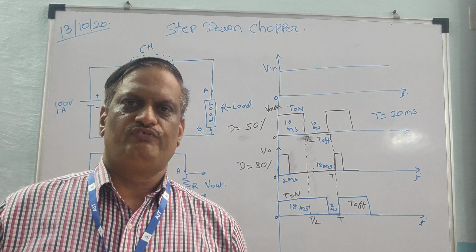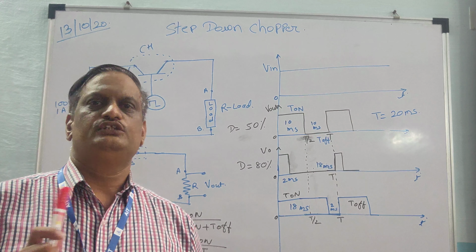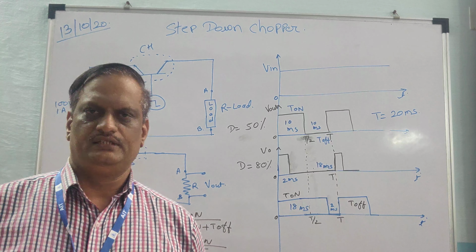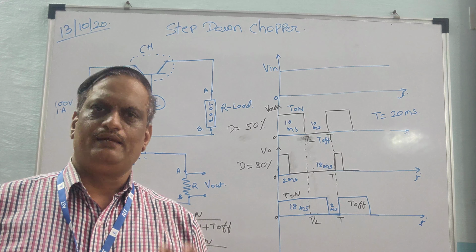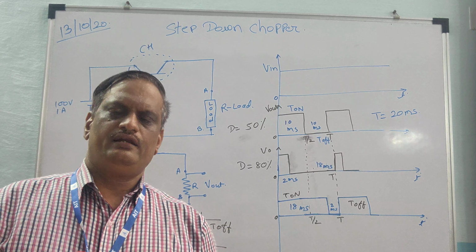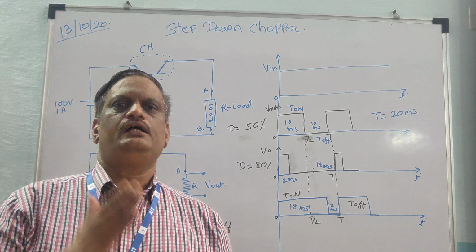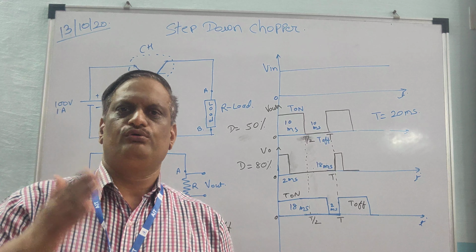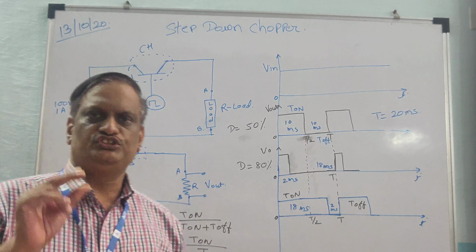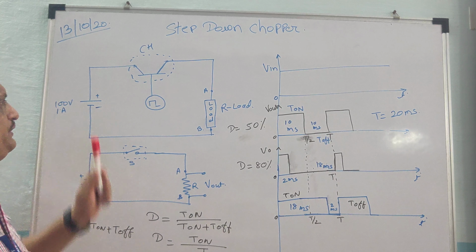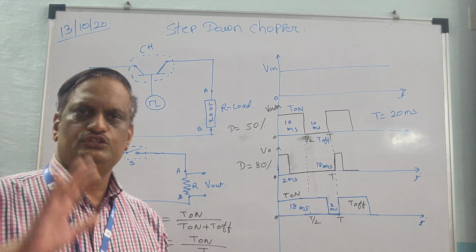Now who will do the function of chopping? Basically your transistor is doing the job of chopping. Any power electronic device, whether a transistor, MOSFET, or IGBT, can be used as a chopping device. In layman's language, a chopper is nothing but something which cuts the thing. A continuous thing will be cut at a particular interval, that is called chopping. So here the transistor on-off function will chop the input DC voltage and convert it into the variable DC voltage. So that is the meaning of the chopper.